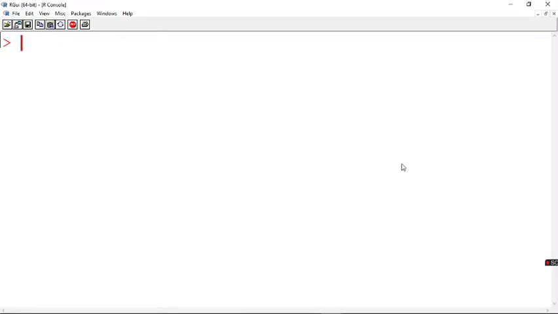Welcome all. Now what we are going to discuss is a guided practice session which will help you to get the input from the users. Till the last session, we were giving the input in the program itself. We initialized the value before and started coding on it. Suppose I want to get the input from the user. Is it possible in R programming?